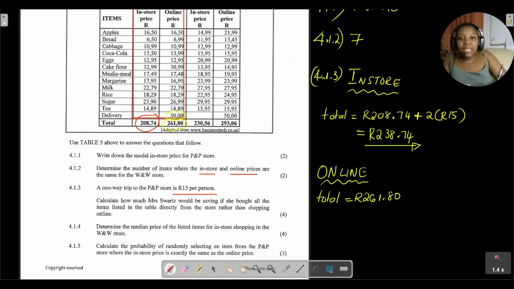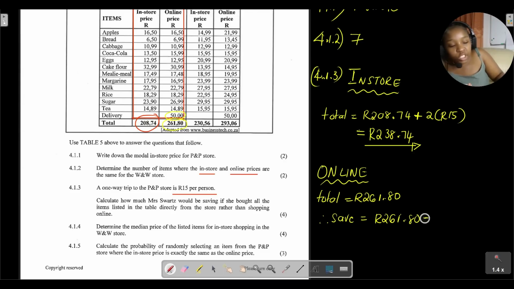Meaning now, how much would she save? Because we can already see that if she decides to buy in store, she's going to pay less even when we include the transport costs. So how much would she save if she decides to buy in store? Therefore she would save how much? We're just going to take the